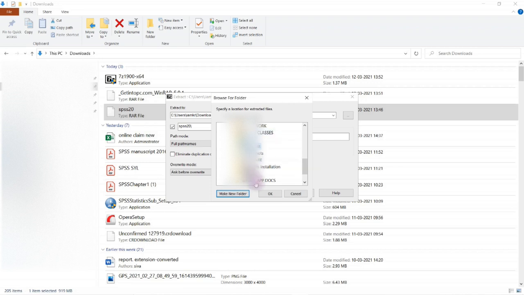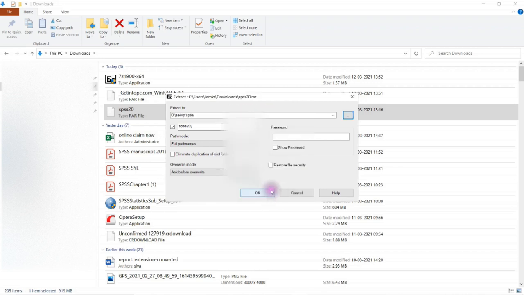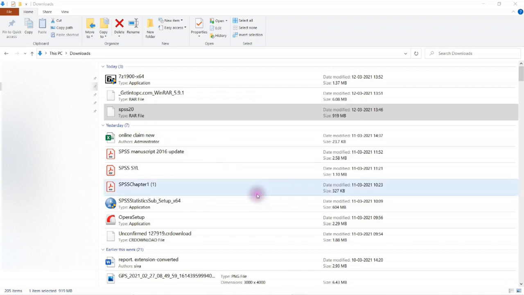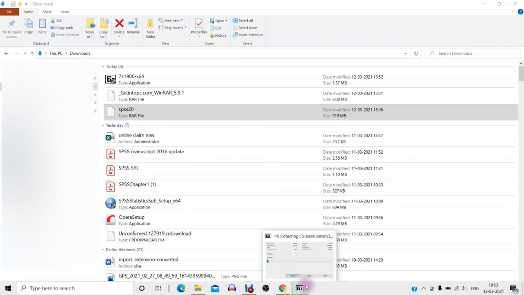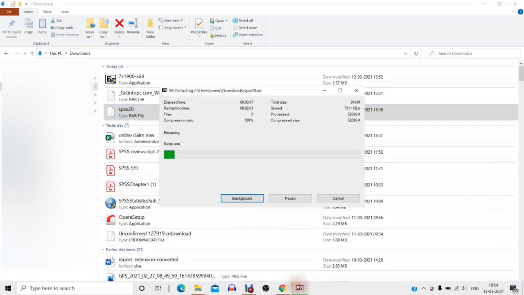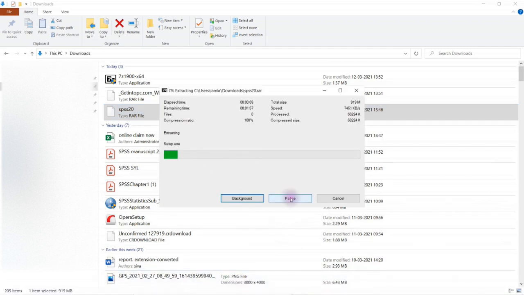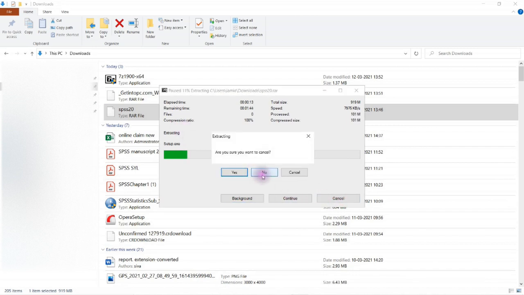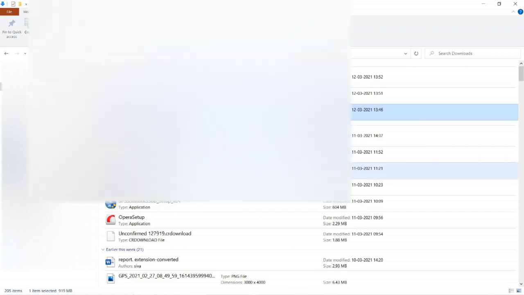Then OK. Now if you are clicking on OK, this entire software file will be extracted to that particular folder. I already extracted this software. So now I am cancelling this extracting process.